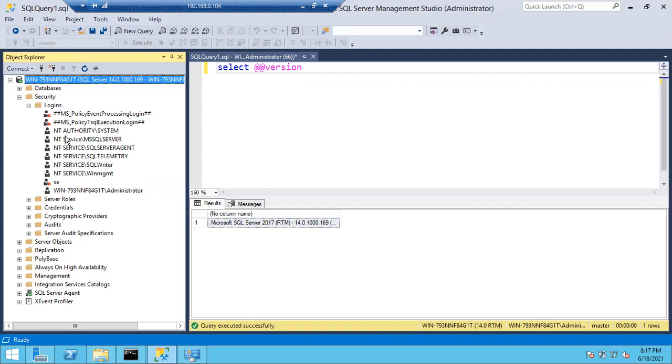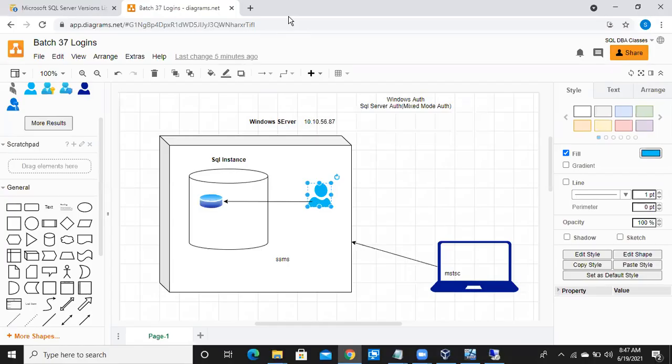People will simply raise a ticket: please, I need access on this server. There are a lot of access types: read access, write access, sysadmin, db_owner. A lot of databases, a lot of tables. What access do you need and what resource do you need access to? Ask questions till you get the clarity. Once you are very sure, then only try to give the access. Till the information is clear, ask as many questions as you can.